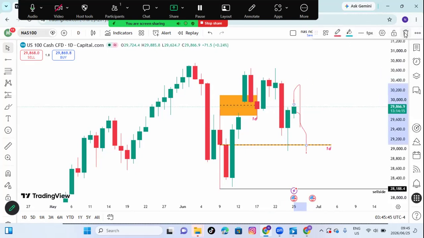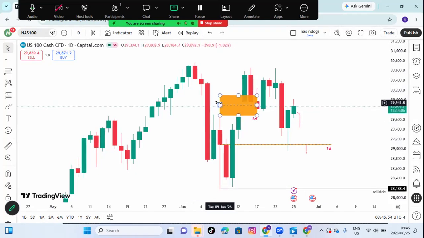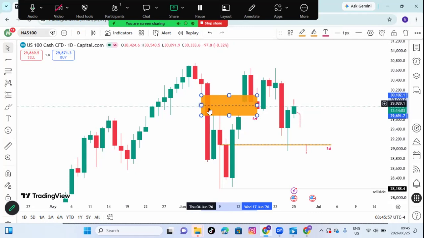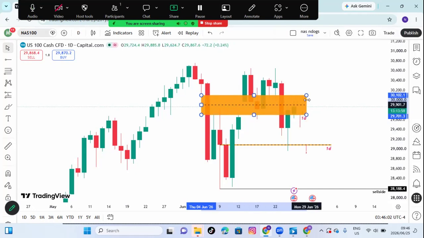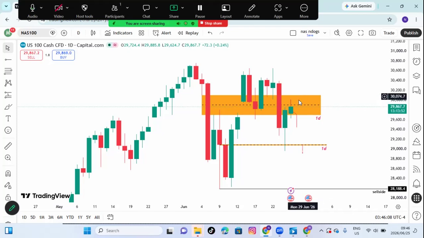Let me delete this here. We're seeing this in here as a bearish fair value gap, but also we have this bearish fair value gap here. If I pull this here to the side, you're gonna see how that matches. Let's go up a bit. There we go. So basically, we're seeing this as an inversion fair value gap to the downside, meaning there should be no bodies here on the upper half of this fair value gap. Meaning this day when it closes, it should not close above here on the upper half. It should close below 50% here or lower, right? So that's what I'm looking at.